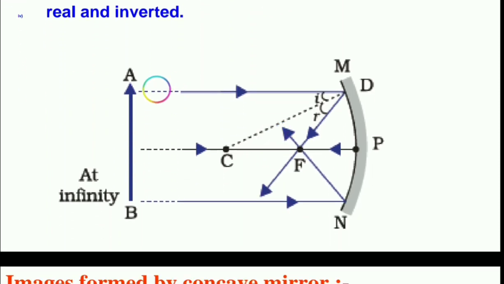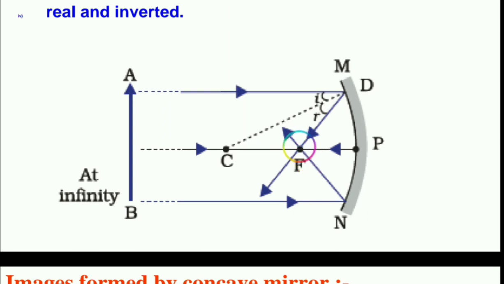Draw a mirror, draw a line parallel to the principal axis, meet at the mirror, it strikes back. The first rule says that a line which is parallel to the principal axis, after striking the mirror, is reflected back and passes through the focus. Similarly, the second ray which is parallel to the principal axis, after reflection meets at a point F. So the image formed is at F.